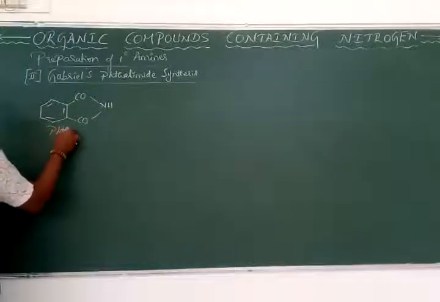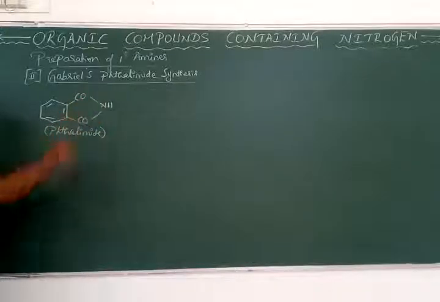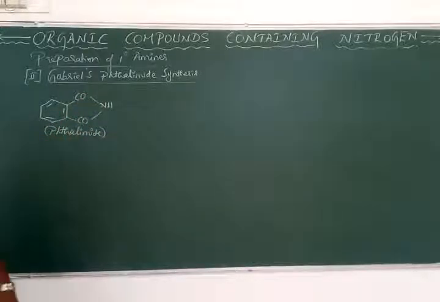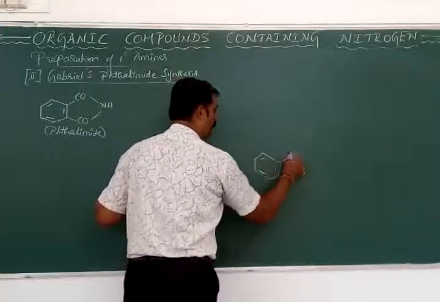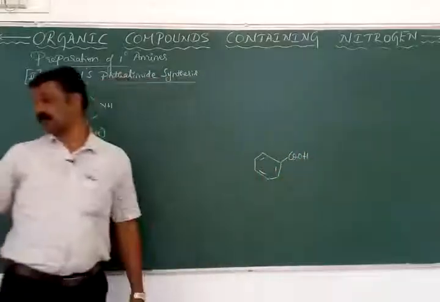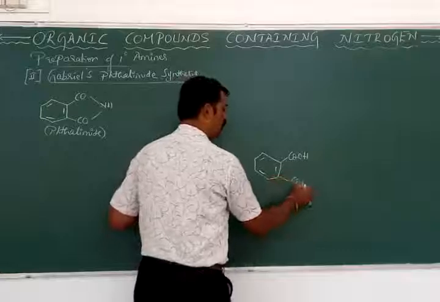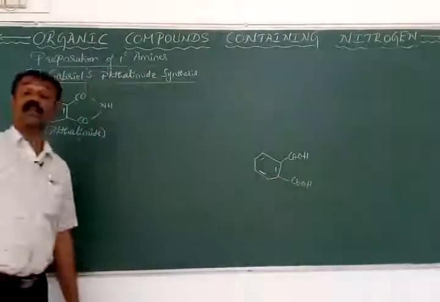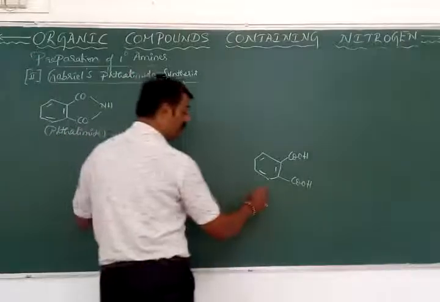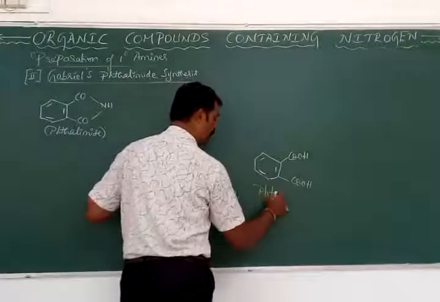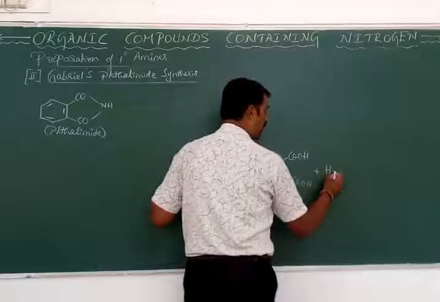This is first called phthalimide. Why is it called imide? Because there is a presence of the NH group here. NH is called the imino group. First, how are we getting phthalimide? First, this is benzoic acid. This is benzene 1,2 dioic acid. That benzene 1,2 dioic acid is called phthalic acid. What's that? Phthalic acid. This is made to react with